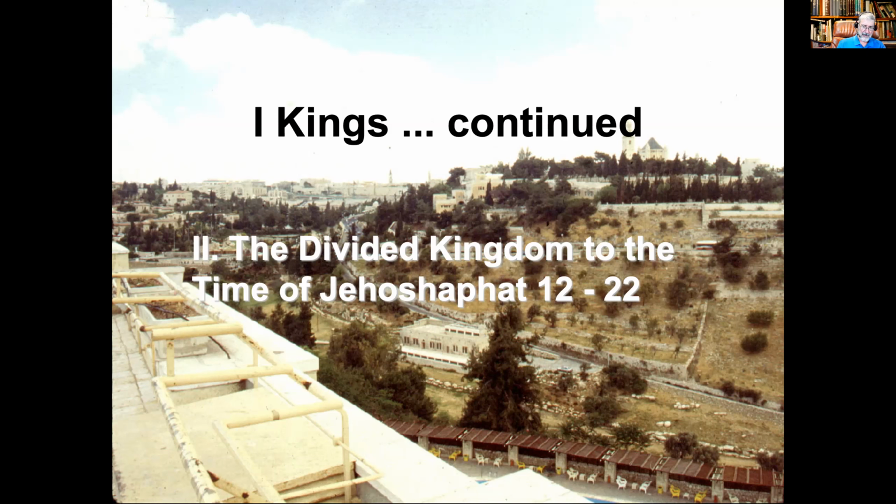And these young men said in verse 10, "Thus shall you speak to the people who said, your father made our yoke heavy, but lighten it up. You shall say to them, my little finger is thicker than my father's thighs. Now, therefore, whereas my father laid on you a heavy yoke, I will add to your yoke. My father disciplined you with whips. I will discipline you with scorpions." Well, that's not nice at all. Matter of fact, that's a really, really stupid policy.